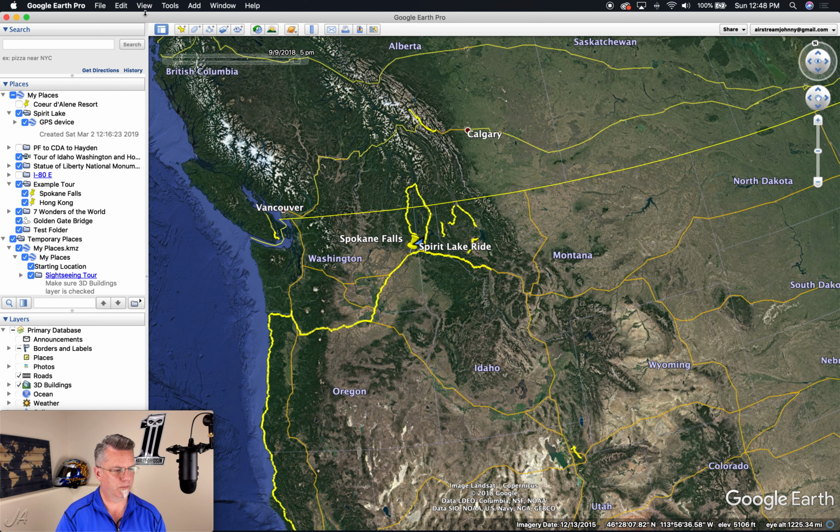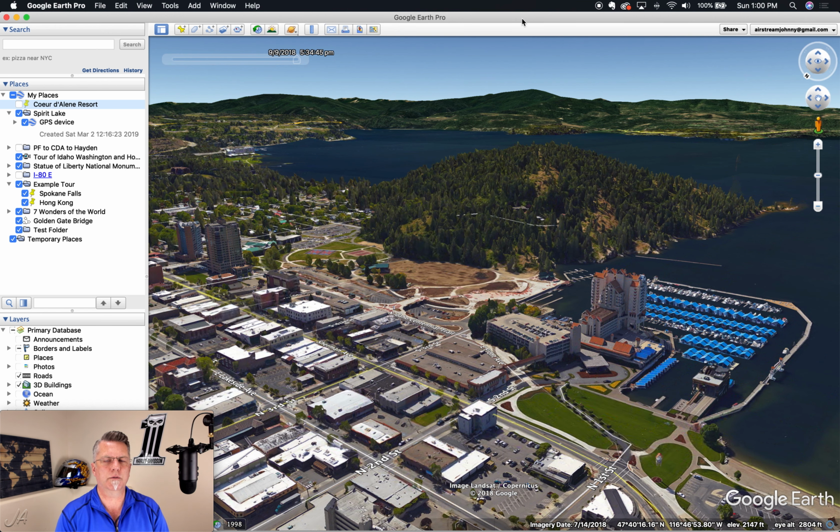And if you're logged in, it will also save it to the cloud so that you can access it from another computer. Okay, in the last video we talked about saving My Places, but it's also important to back up your My Places,